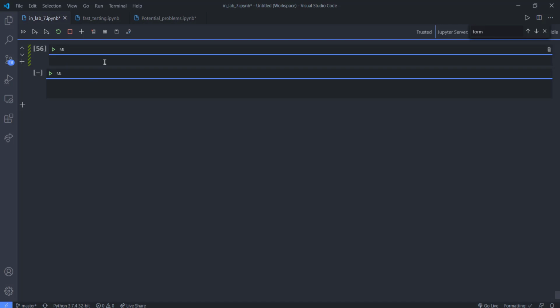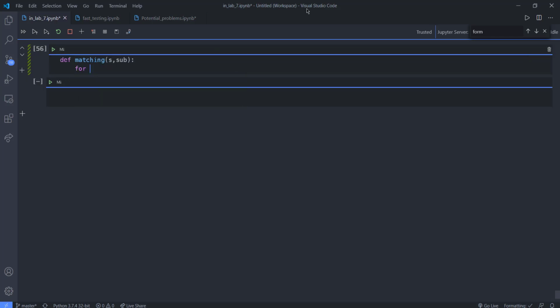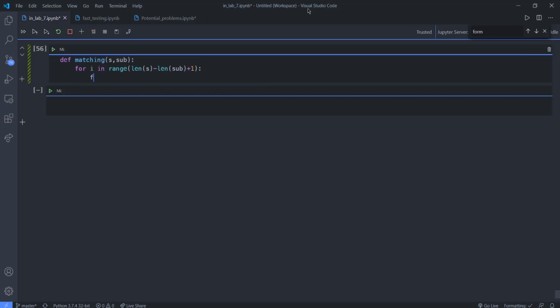Okay, so matching. Take the string and a substring, and this is going to continue for, if we have a sub that is 3 slices and a string of 7 characters, then I want to make sure that 7 minus the length of the substring is traversed, plus 1 to make sure that if the occurrence is at the last couple of characters of that big string. So let's make the match here,